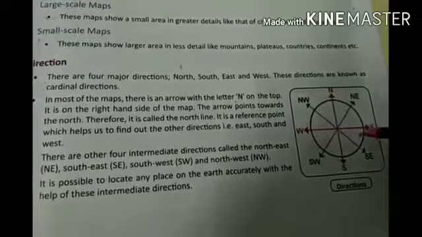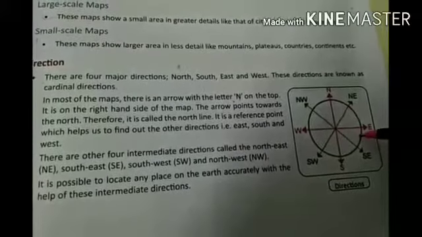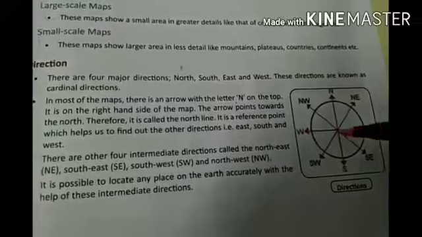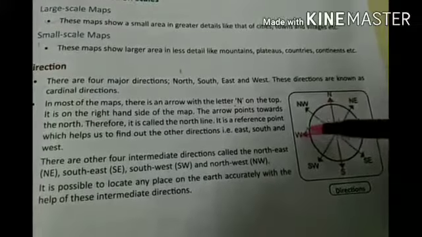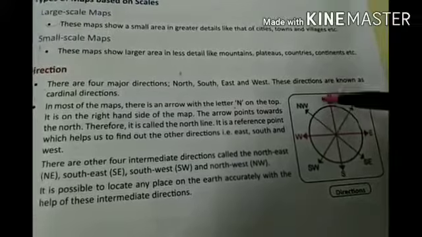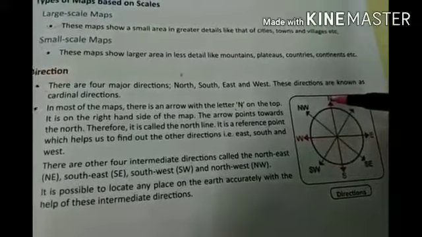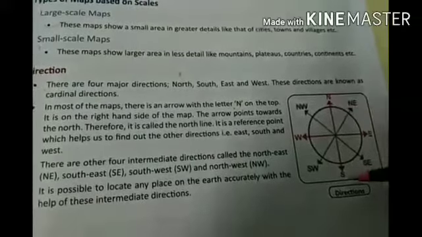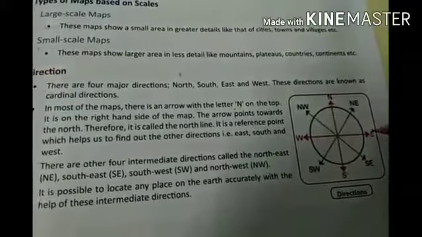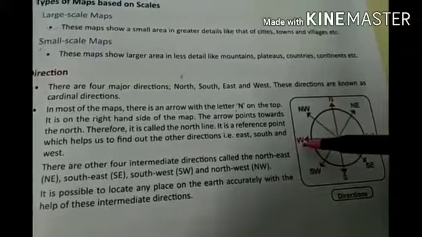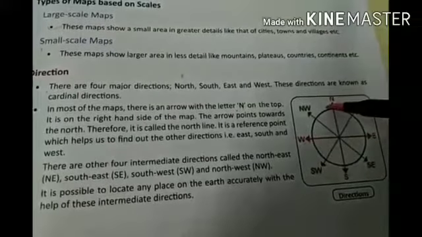So these 2 directions you can learn. Now about north, what will you do? As you are facing towards this side, in your front side is east and the back side is west, and at your left hand side it will be what? North. And as north is over here, down will be what? South. So this is north, this is south, this is east and this is west. This way you can learn the directions.